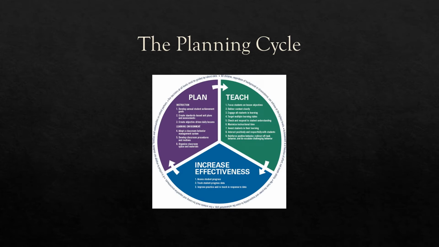So I wanted to pull this slide back from a previous video to talk a little bit more clearly about this formative and summative piece. So this increased effectiveness wedge down at the bottom, the blue one, is a lot of where that summative piece is going to be, especially as it ties into that planning piece. So once I've gathered this summative information, then I can start to make better ideas about the plans